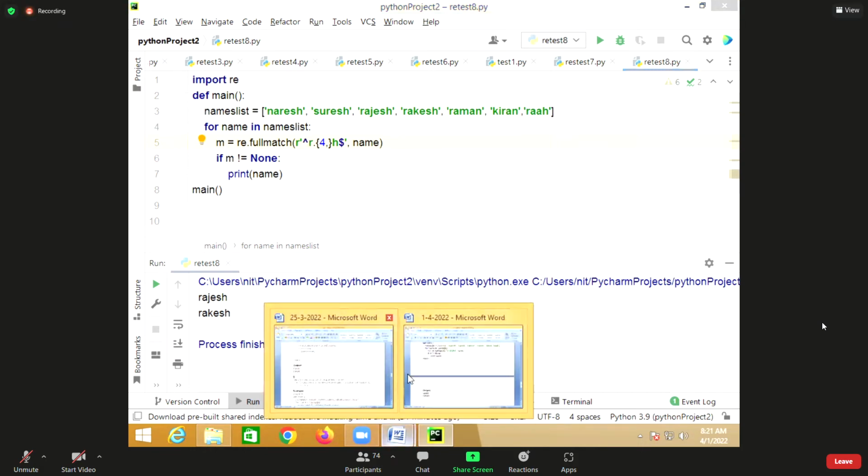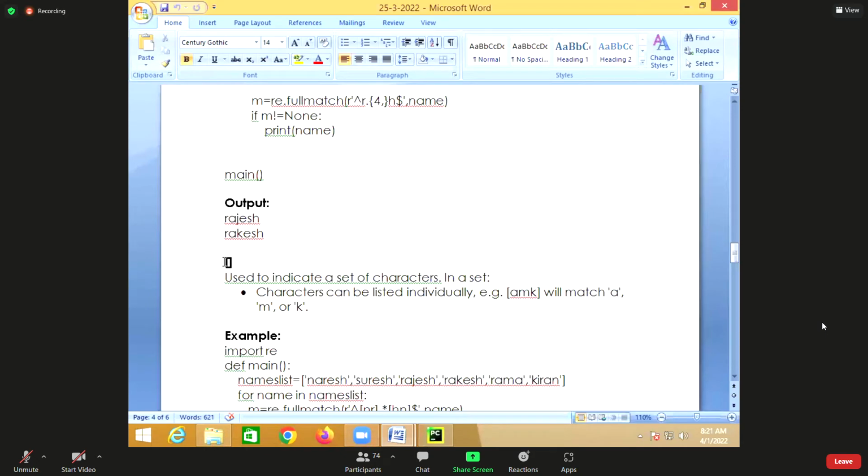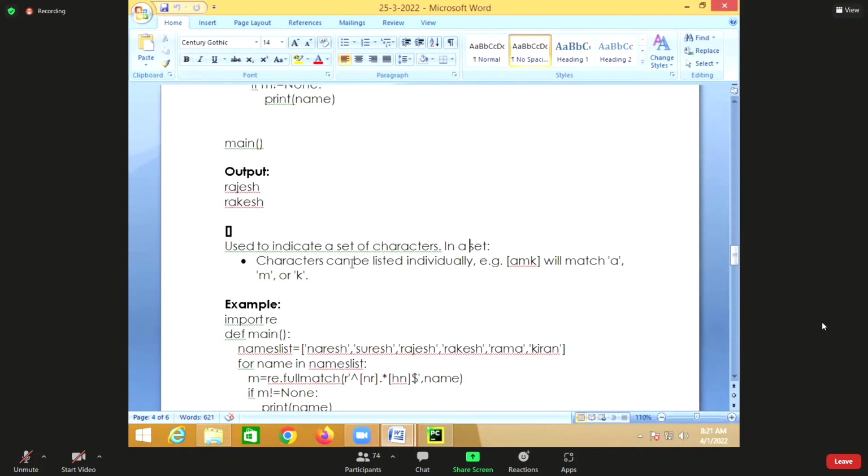Now the square bracket is called a set. Use it to indicate a set of characters. In a set, characters can be listed individually.